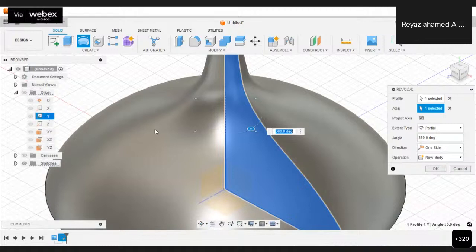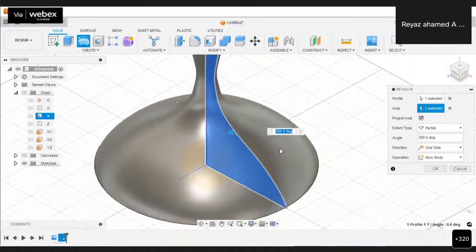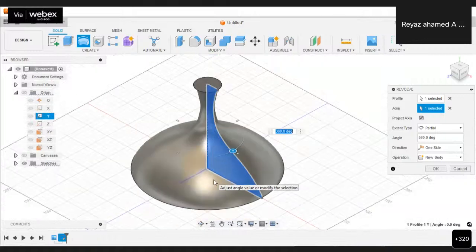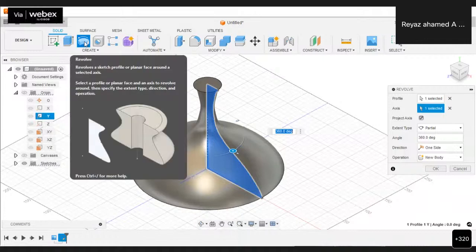See, if you click on Y-axis, automatically the profile may get rotated with the help of the Y-axis. So you may create a cylindrical based component. The revolve option is usually used for creating any kind of cylindrical based component. For using this revolve option, we need two things. One is axis and another one is sketch. With the help of these two, we can convert this into a solid model.